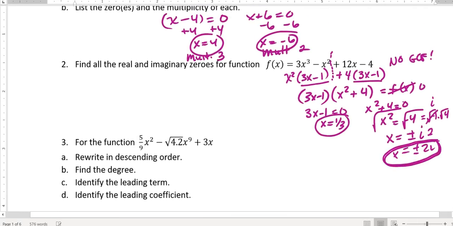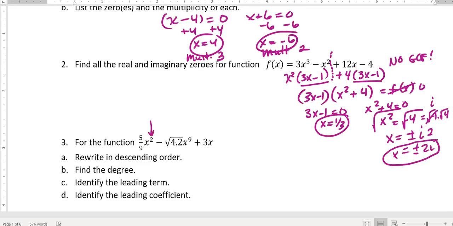Number 3. The function they give us is not in descending order. When we say that, look at the exponents. This is a 2, and this is a 9, and this is a 1 if there's none. So we know that if there's no exponent shown, that's a 1. So we're going to rewrite them in the right order. Let's put the highest one first,